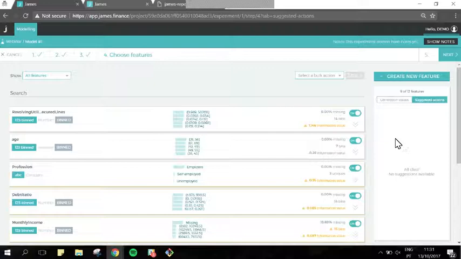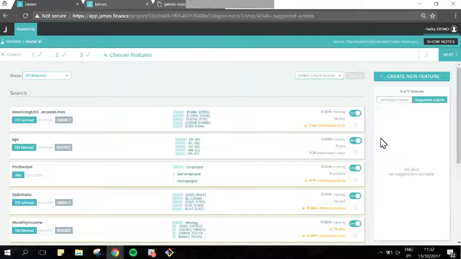Now you see no suggestions here, but usually James would give you suggestions also, such as you have too many missing values, would you want to remove these variables? Or if you have variables that contain always the same value, you also have a suggestion for that. Or variables with too many categories, suggestions to put them together. And this is where, again, the artificial intelligence side comes in. We're not taking decisions for you, so James is not taking the decisions for you, but it's suggesting. And it's up to you, the end user, to know if you want to follow up and use the suggestions